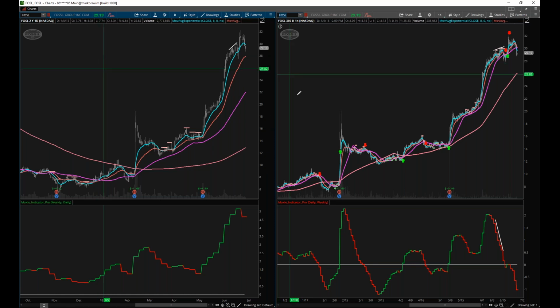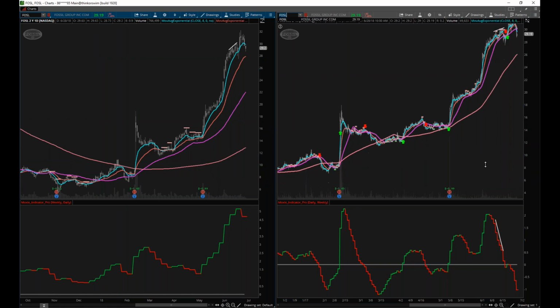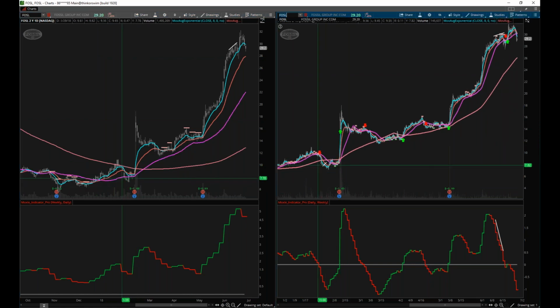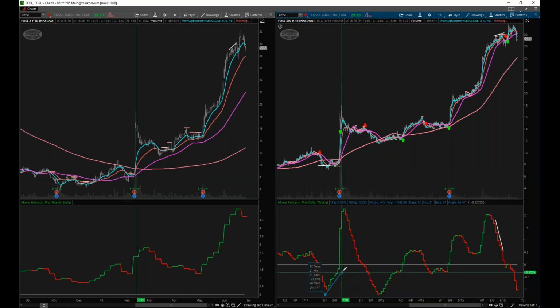So here's Fossil. And look, down here on the hourly chart, we had the same situation as VRX. Notice how we had price here doing a double bottom, and we have a huge divergence here on the Moxie indicator, same thing as VRX. We had earnings that popped. So it came up, and look at this. Here's our exit. It broke through the 50, and the indicator broke through 0, so that told us that this was going to be a false run, and it fell back down. Now what do we do? We wait for more divergence.